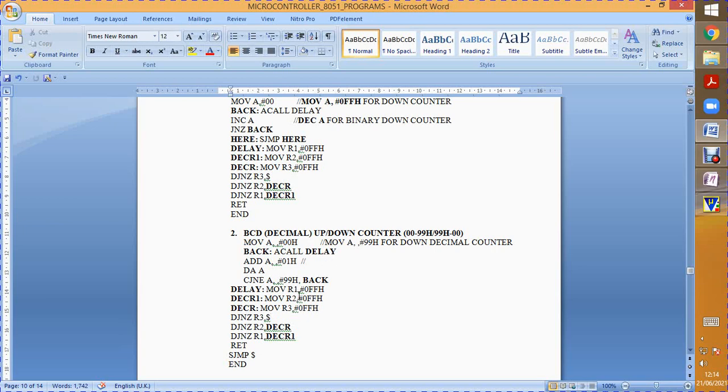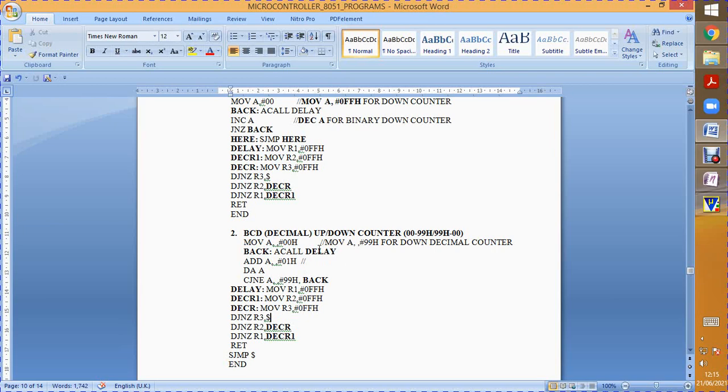In order to generate the delay, we are using 3 registers R1, R2, R3, which are loaded with the value FFH. Here we simply keep decrementing the count of R3, R2, R1, and for a certain amount of time it will keep looping here itself. Once it completes the delay, it will return back to the main program with the help of the instruction called RET. Whenever it is executed, it will jump back to the instruction where it had stopped.